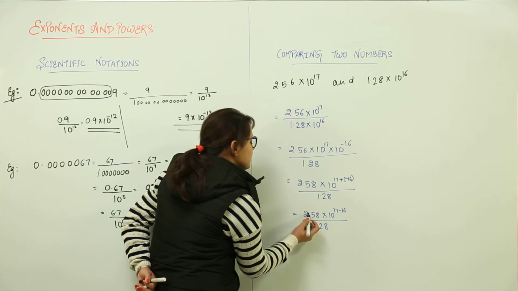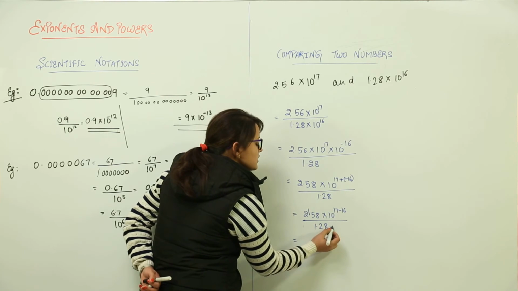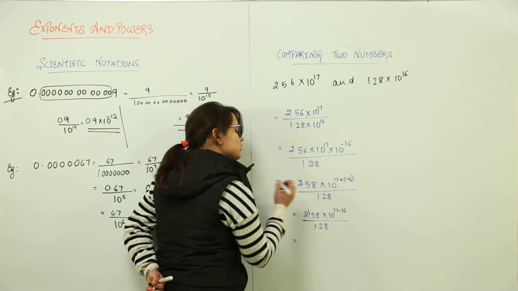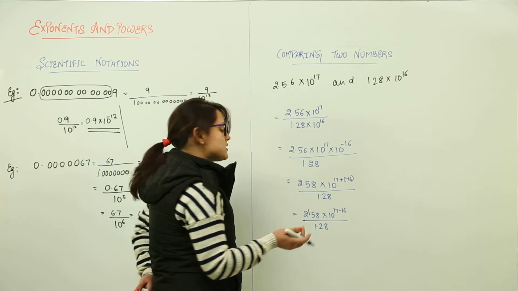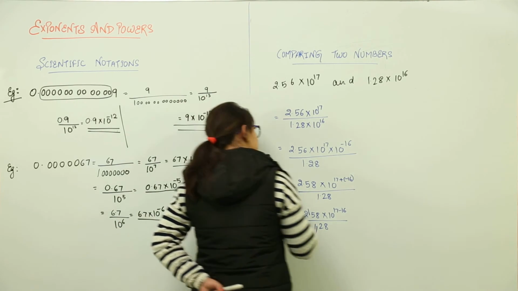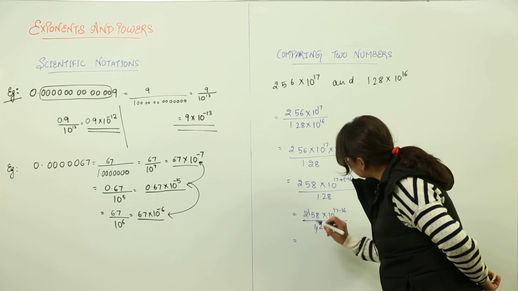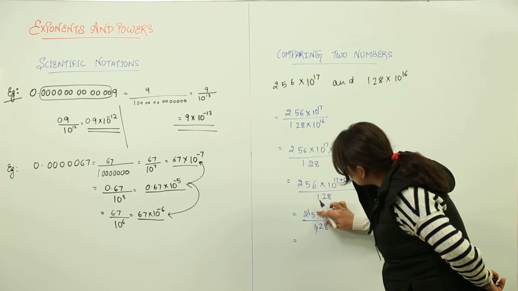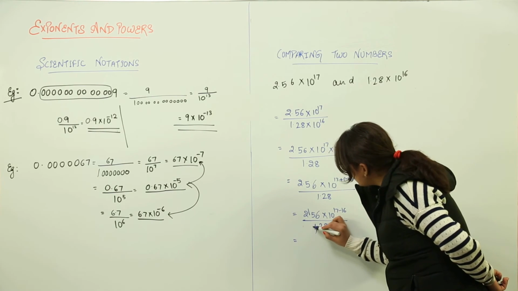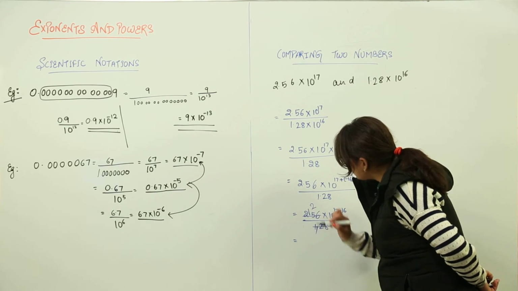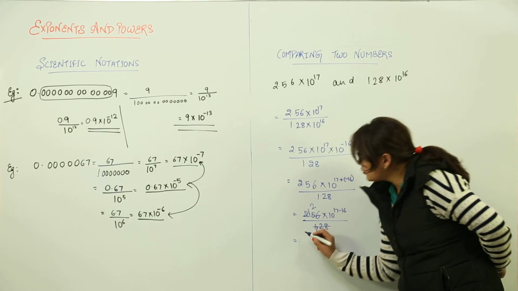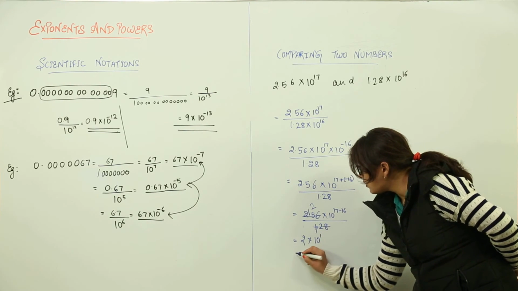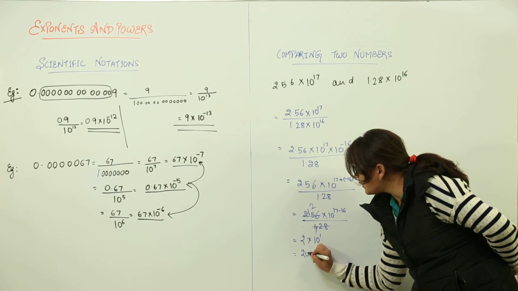Now what do I get if I solve this? If I remove this, we add 2 decimal places, but we already have 2 decimal places in the numerator, so we can cancel them both directly. What do we get here? Sorry, I've made a mistake here, that was 6. So I make it 6 back again, and if I try and cut it, it will go with 2. What do I get? 2 into 10 raised to power 1, which is equal to 20.